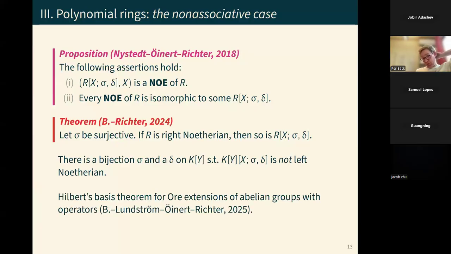I just want to mention that you can also generalize Ore extensions, non-associative Ore extensions, in another direction. So you can consider something called abelian groups with operators. So that's a generalization of modules. And you can now consider Ore extensions of these modules and Ore extensions acting on this Ore type of modules. So that's a different kind of generalization, which also generalizes stuff in the associative setting. But I will, in this talk, stick to the ring case.